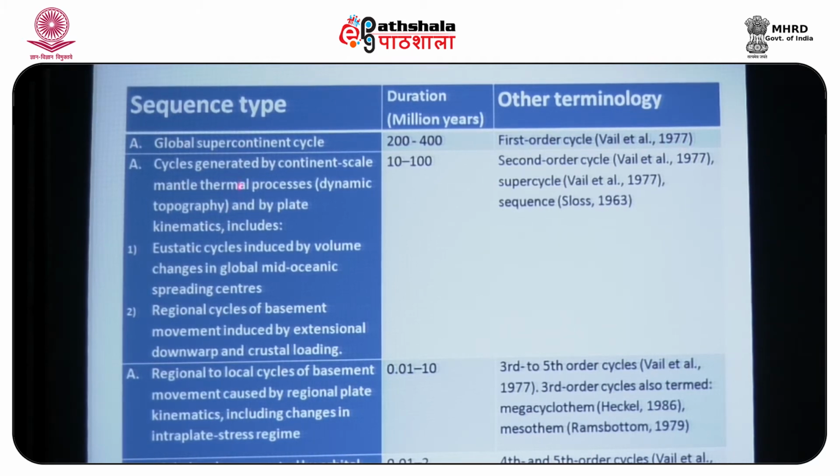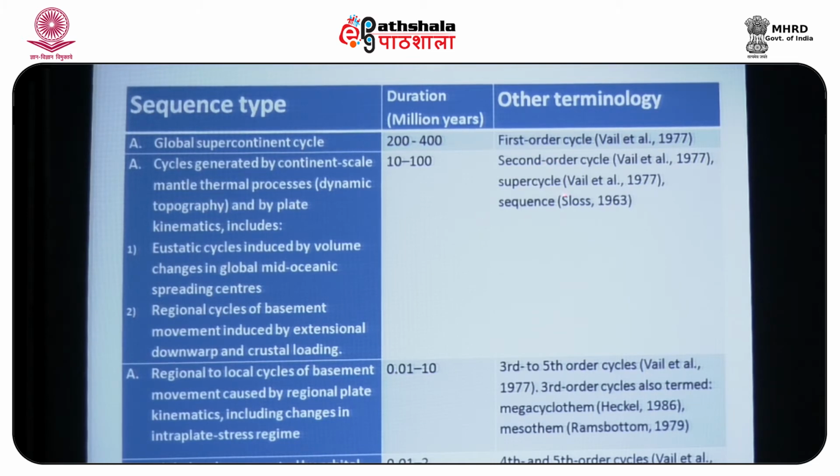The cycles generated by continental scale mantle thermal process and plate kinematics include eustatic cycles induced by volume change in global mid-oceanic spreading ridges, mid-oceanic spreading center, and regional cycles of basement movement induced by extensional downward and crustal loading of 10 to 100 million years,